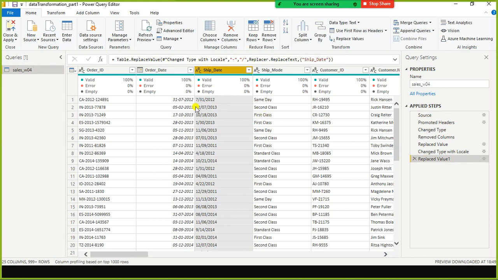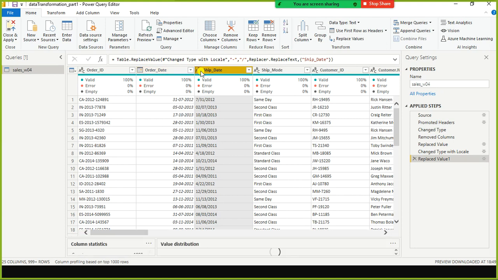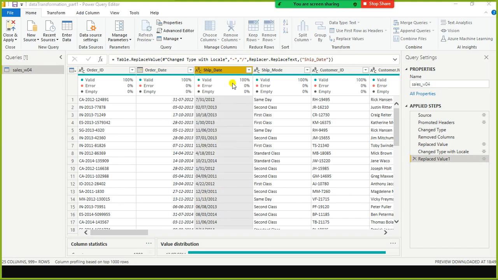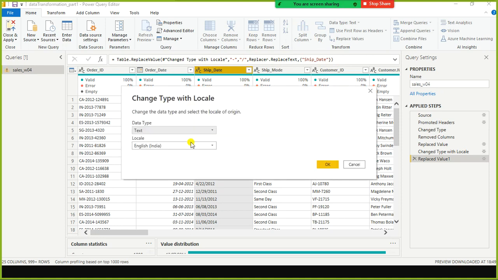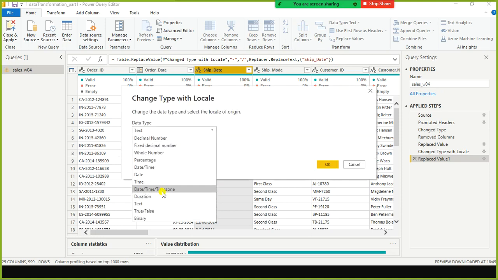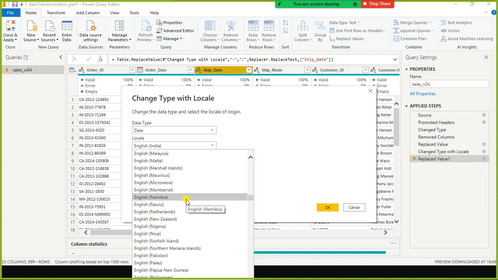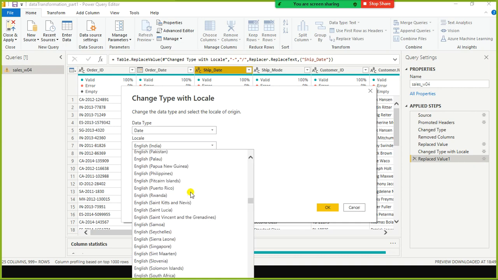Now you might be wondering why I should convert the order date and ship date to the date format. There is a reason behind it, because I need to extract the month separately and store it in a separate column by the name of month. I need to extract the year separately from the order date column and store it in a separate column by the name of year. Similarly, the day also I need to extract separately and store it in